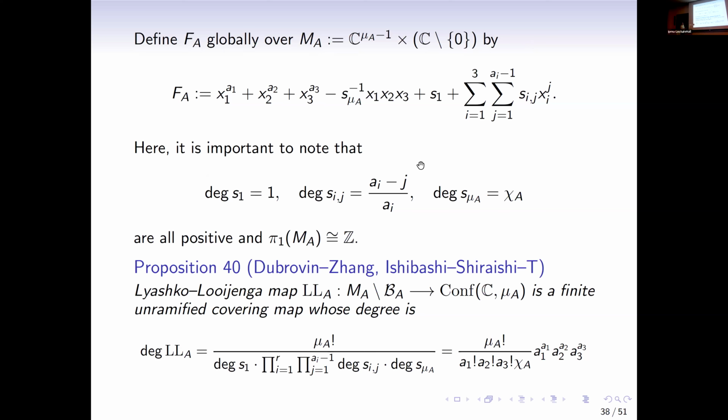Anyway, I will try to continue. Consider the universal unfolding of this previous small f_A. It's written in this way, and the parameter space will be this. And s_mu is the coordinate of this one, this rational function on the previous slide.